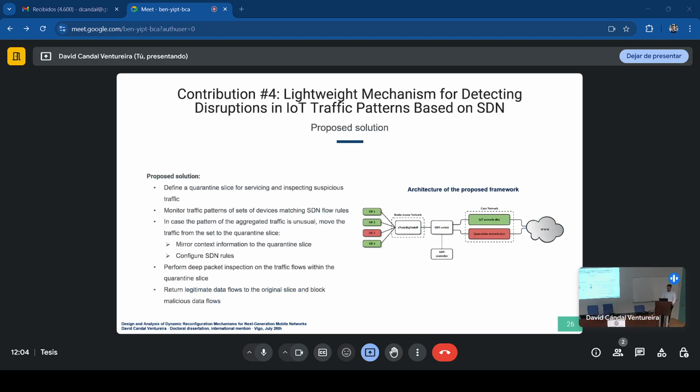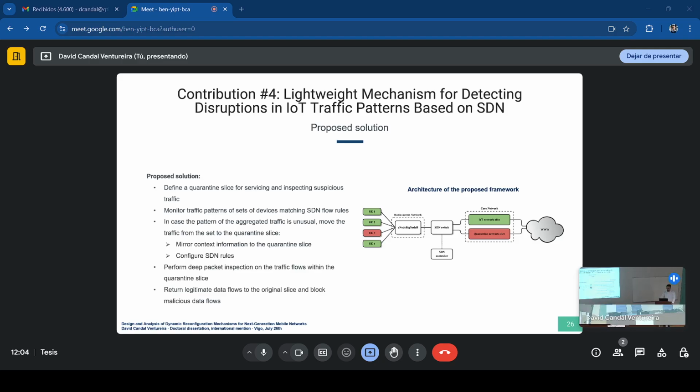In this work, we defined a lightweight solution to detect denial of service attacks in massive IoT networks. This solution leverages one of the most recognized characteristics of these devices, which is that IoT communications follow very predictable patterns in terms of payload size and consistent intervals. The idea is to use traditional traffic inspection solutions, but reduce the number of data flows that are being analyzed with these solutions.